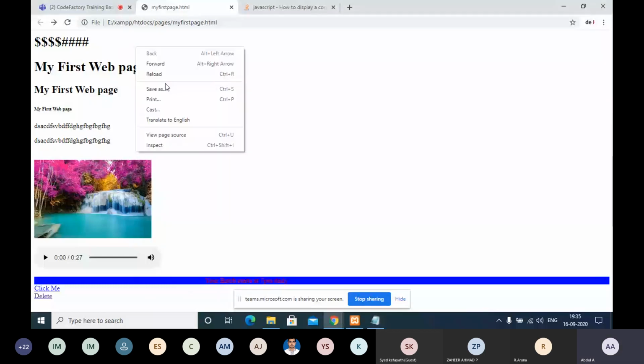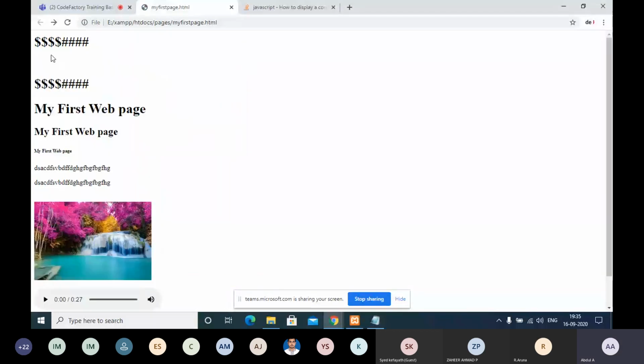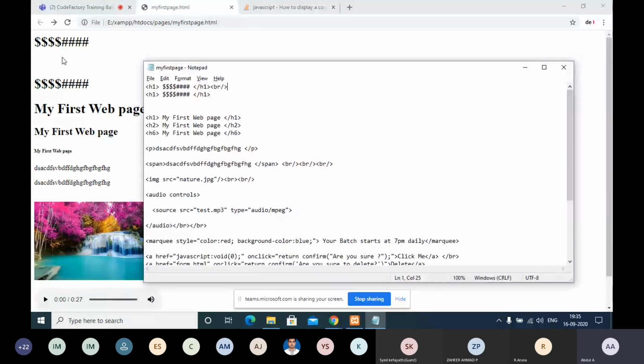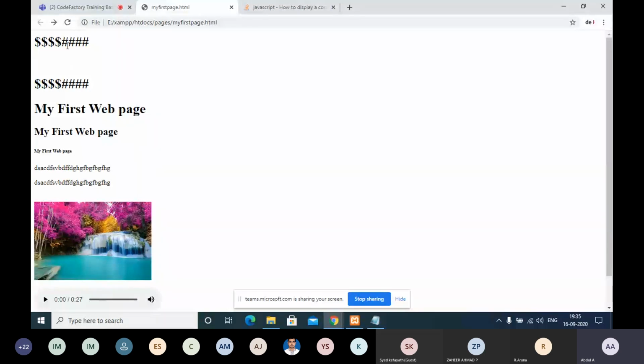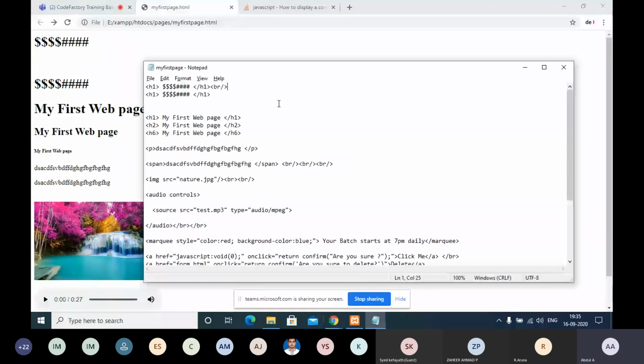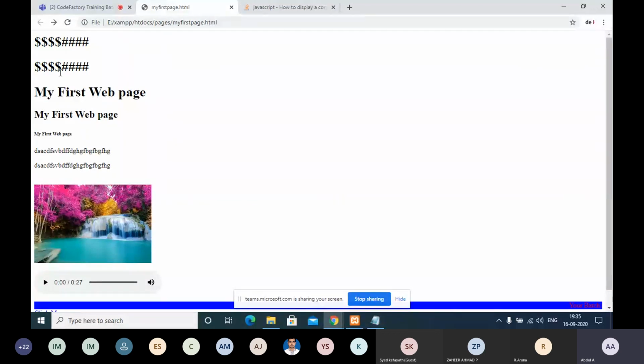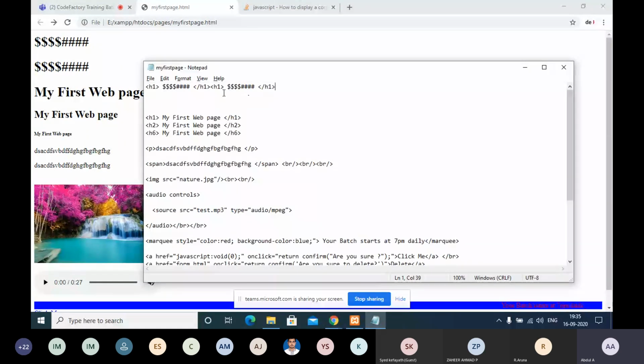If I do this, it makes some line breaks, so we get space between the lines. But an h1 tag automatically comes on the second line only. So I'm making it a single h1 tag.